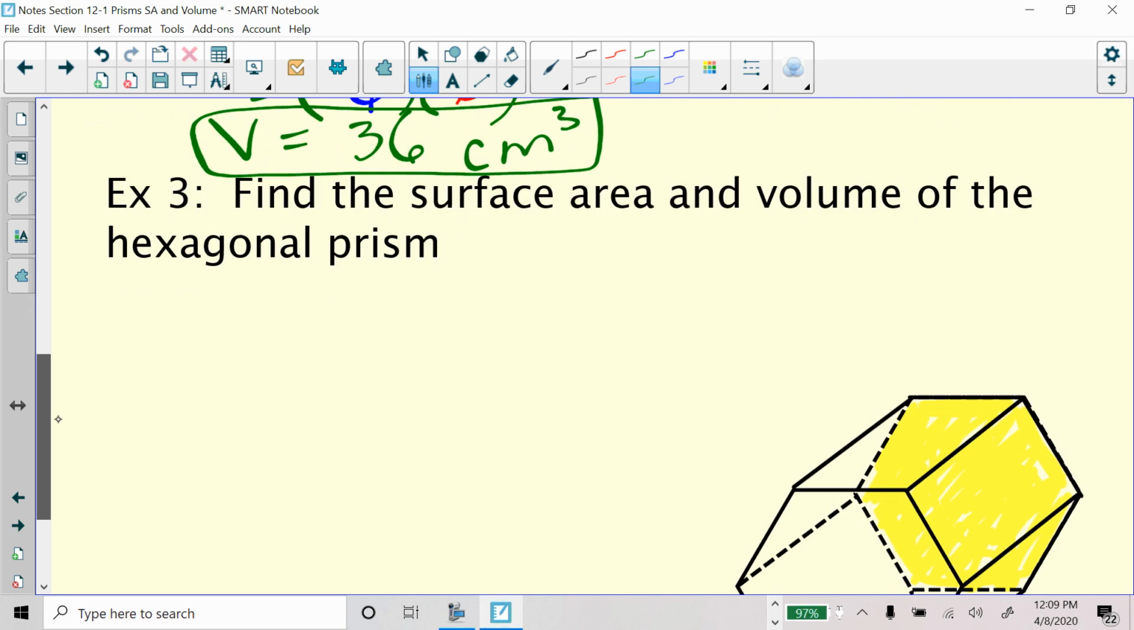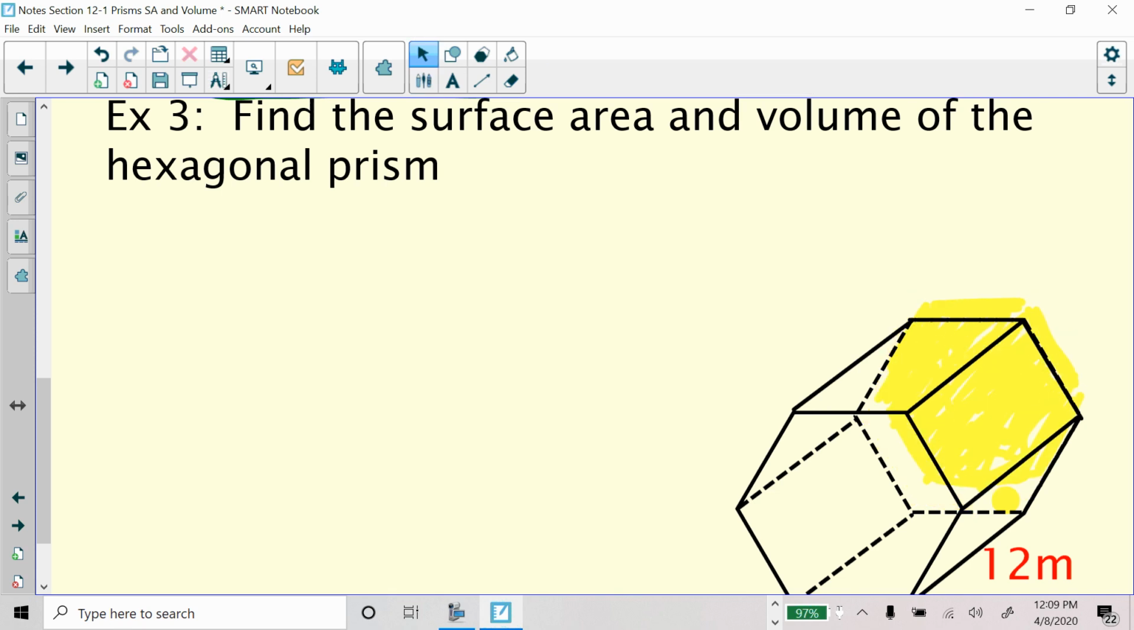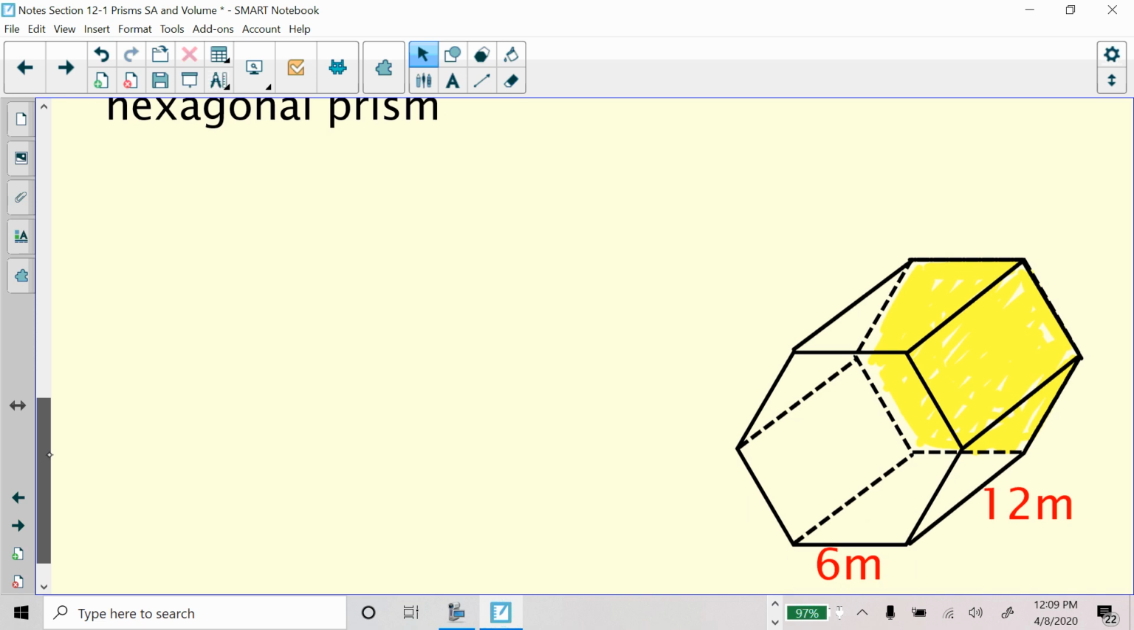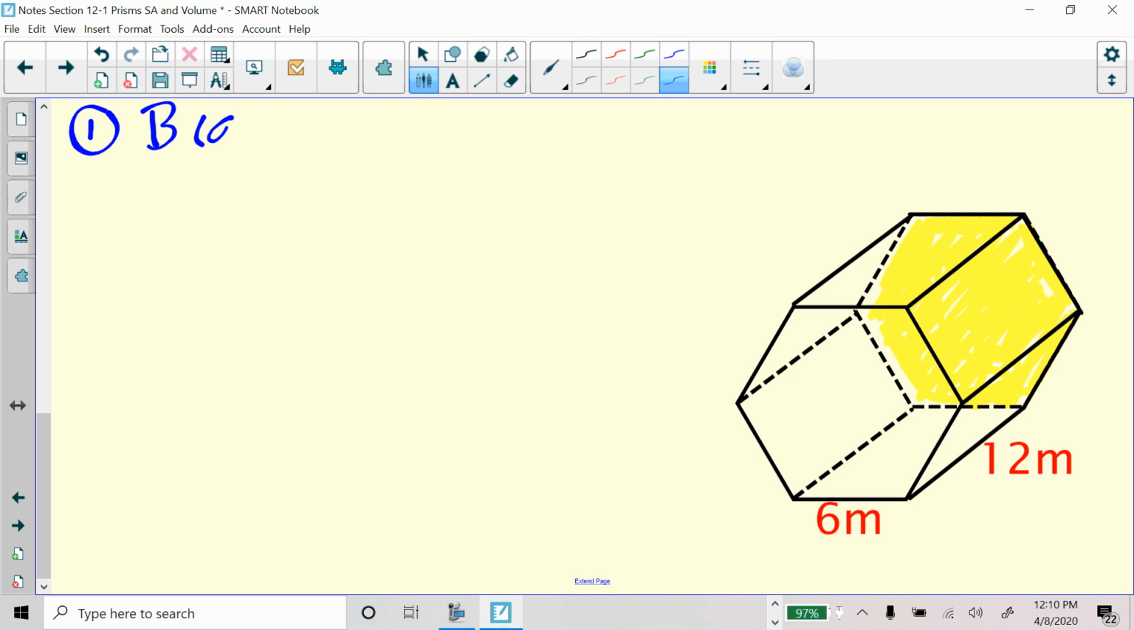Last one is generally right here about this as most challenging as it's going to get. We're going to find the surface area and volume of this hexagonal prism that we see right here. And in order to find the surface area and volume, again, I want you to keep in mind that the very first thing we want to do is we want to find capital B, the area of the base shape,